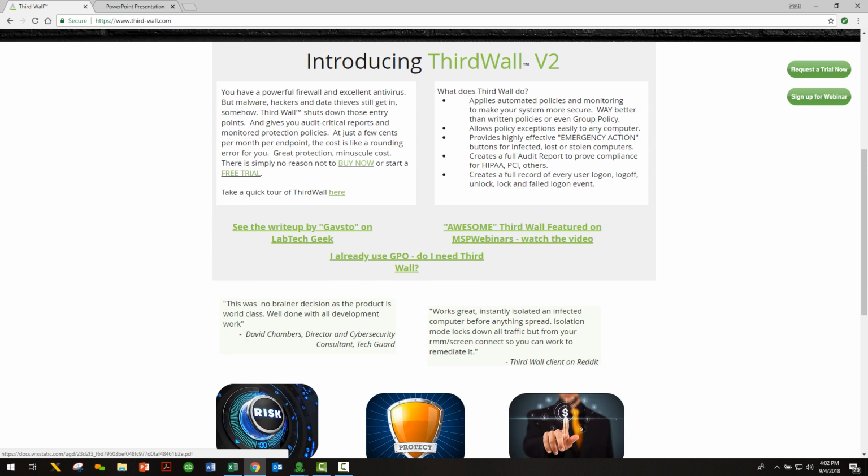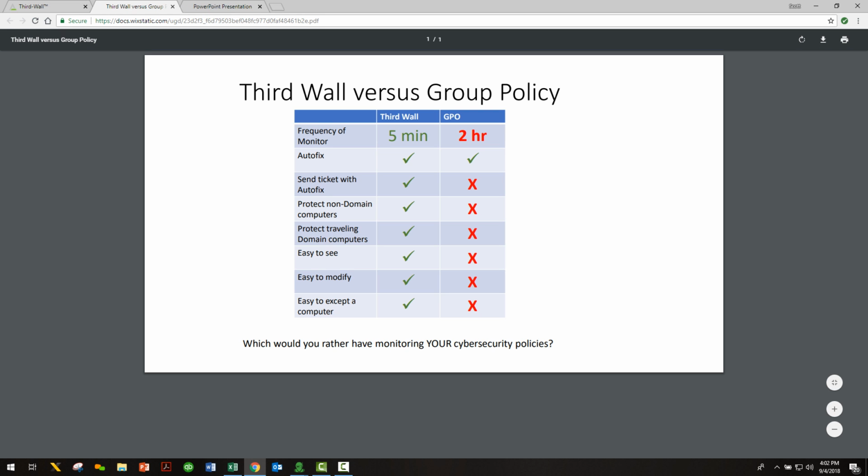And we actually have a little table here for you to use that I would like for you to look at. And this is why. If you're talking about cybersecurity policies, so this isn't any policy, this is cybersecurity policies, how often do you want them to be monitored to make sure they're in their correct setting? 2 hours or sometimes longer can be a long time for something or somebody to do damage. 5 minutes, not so much. They both autofix. Third Wall will send a ticket, whereas group policy won't. And wouldn't you want a ticket to understand that one of your settings has changed